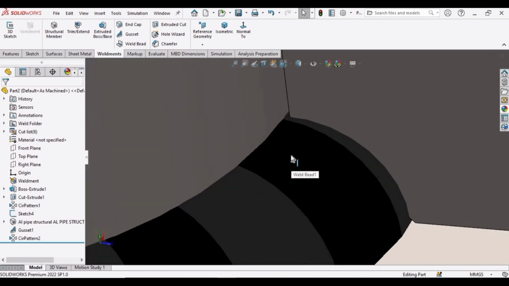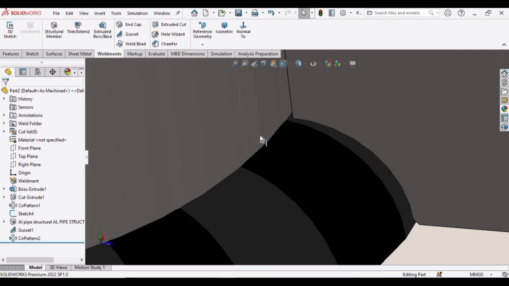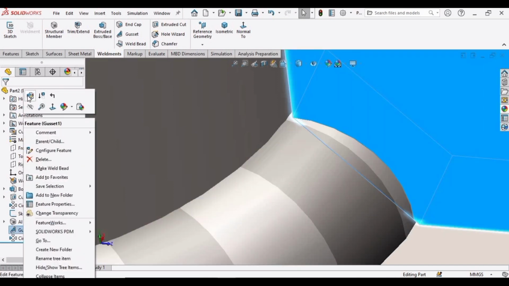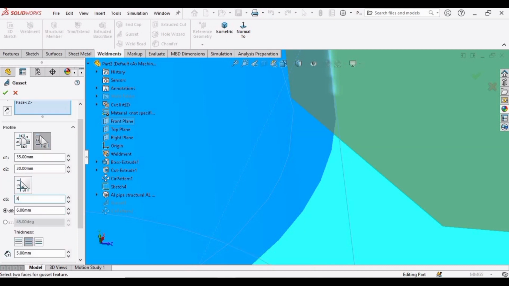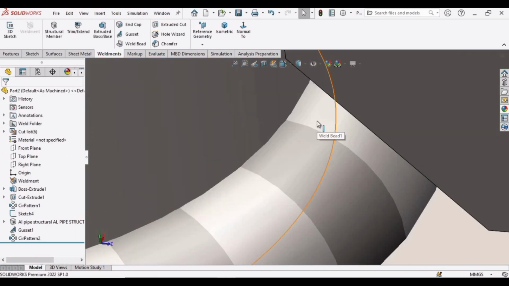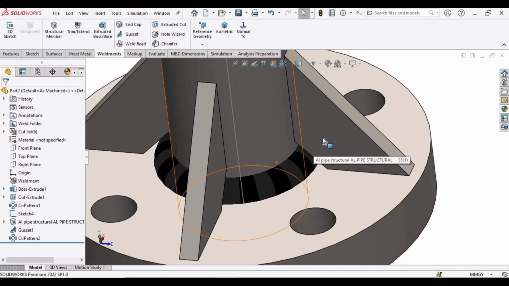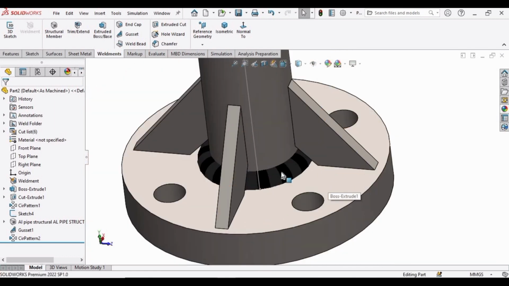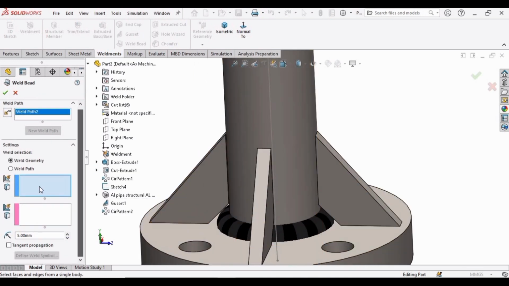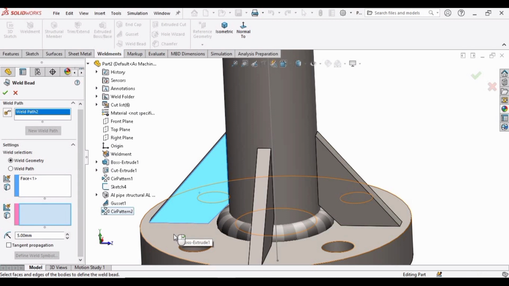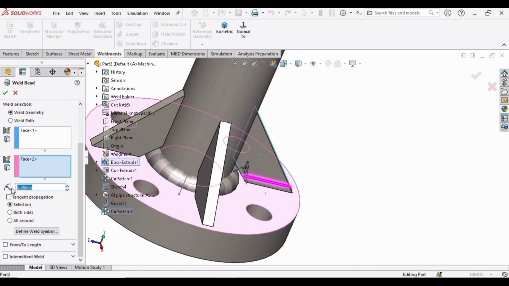So zoom in, and here we can clearly see that this profile is overlapping. So right click on gusset, edit profile, and change this to 8 mm, and also change this parameter to 8 mm as well. So you can see the profile has been changed. So this is enough room for the weld beads now. So now let's make another weld bead. So right click on this weld bead here, select this gusset and this flange, and here you can see the pink shaped weld bead has been created. Specify 2 mm for the thickness of this weld bead,